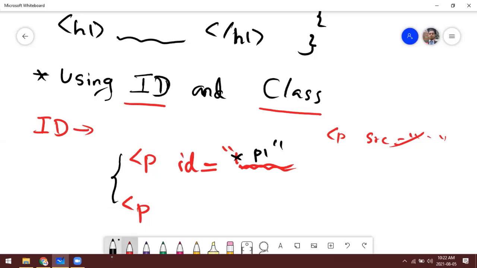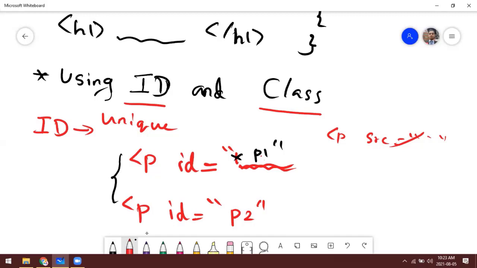Here we are referencing ID equal P2. Another thing, ID is unique. It means if you give P1 here, you can't give P1 again in the same HTML document. If it is a different document, you can, of course. In a single HTML document, you can't repeat the ID more than one time. So if it is P1 here, it is P2 there.